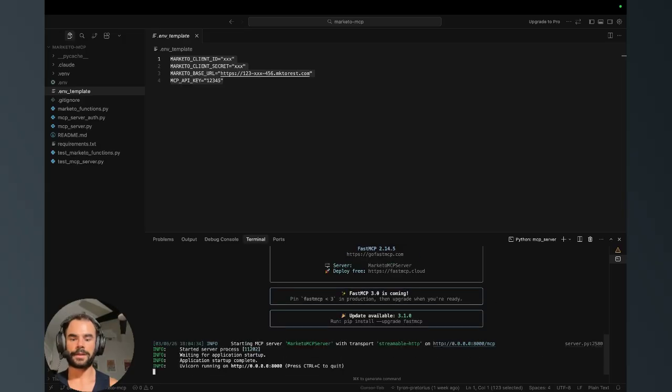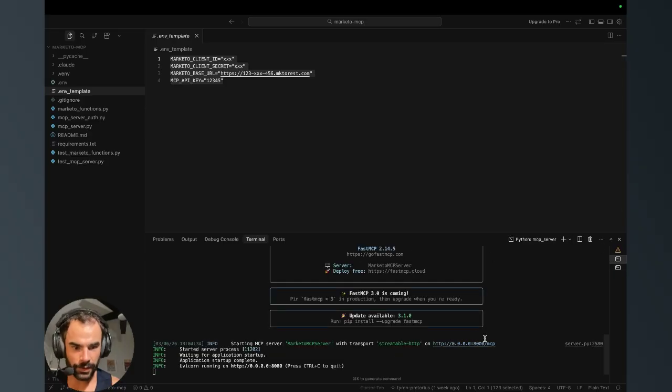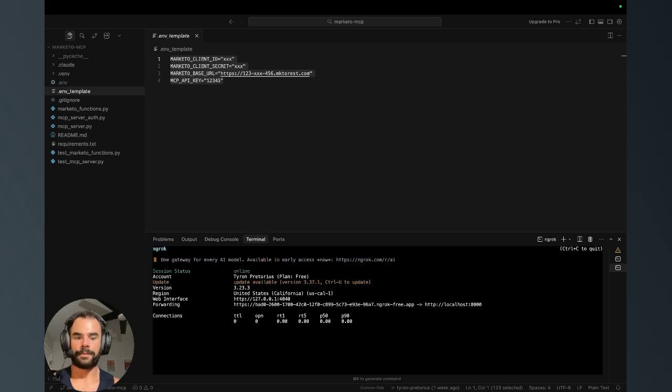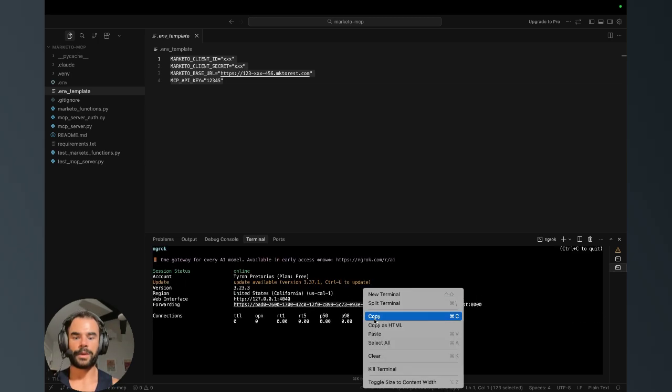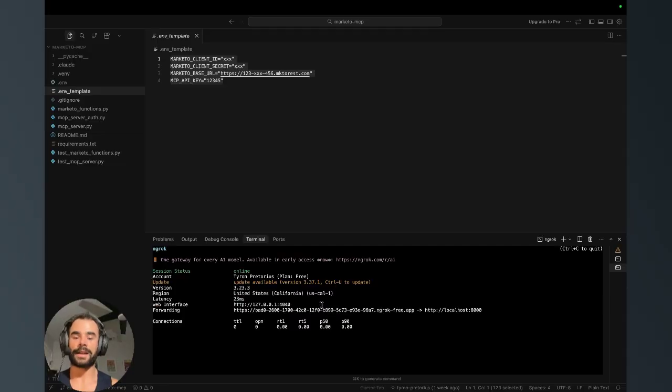So I'm restarting this, and then the only other thing we need to do, so we can see that our MCP server is running on port 8000. We just need to do one more thing. Okay, and I'll explain what I'm doing here later on in the video. Just bear with me. I first just want to show you how quickly you can get this up and running, and then later on I'll explain all the steps I'm going through here so it makes more sense for you. But let's copy this. So now it's running,